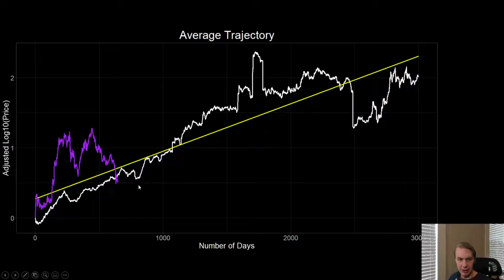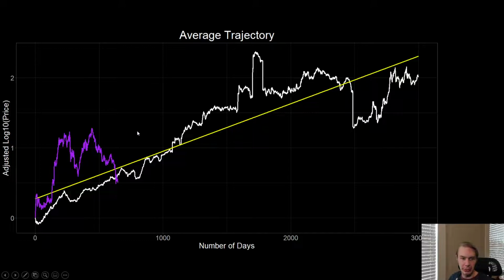So even if we had to spend some time down here, you might expect it to eventually come back and meet it, or even pass up above it, then down, etc., if it's just going to follow the average trajectory line. That really comes down to your thesis, right? Do you think that DOT will perform as well as the average successful crypto asset? Do you think it'll perform more poorly? In which case, maybe it won't follow that line quite as well.